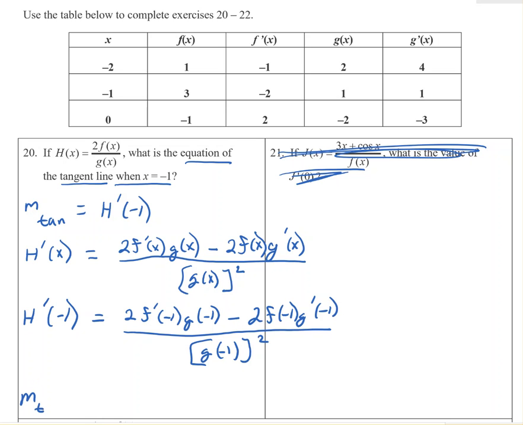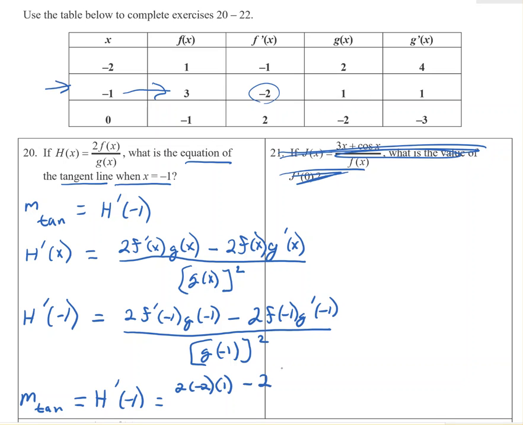So our m tan value, our tangent slope, is h prime at -1, which, making our substitutions, f prime of -1. So we care about this row here. This is the row we're looking at. So f prime of -1 is -2. So we've got 2 times -2. G of -1 is 1. I'm just following right along this row. G of -1 is 1